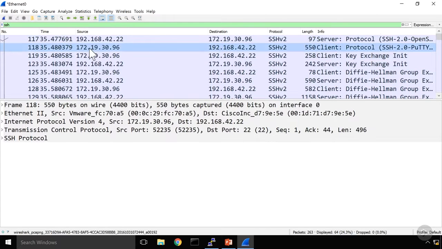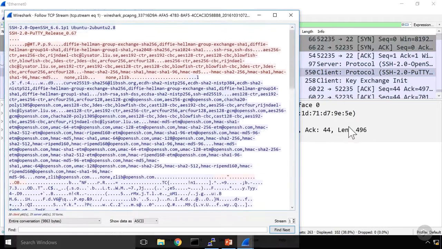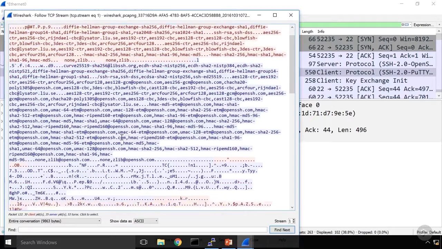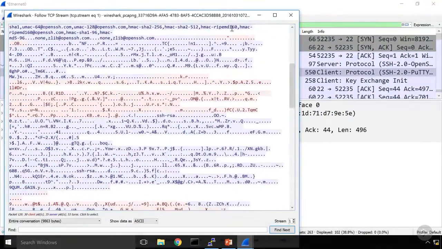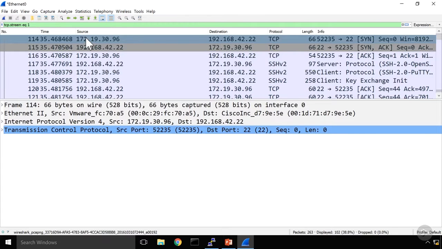So if I look, here is a message coming from my workstation going to 192.168.42.22. That is my server over there. If I once again right-click and do follow TCP stream, that is going to show us all the traffic that we've sent with SSH. However, really what I'm interested in again is that SYN message, the first part of our